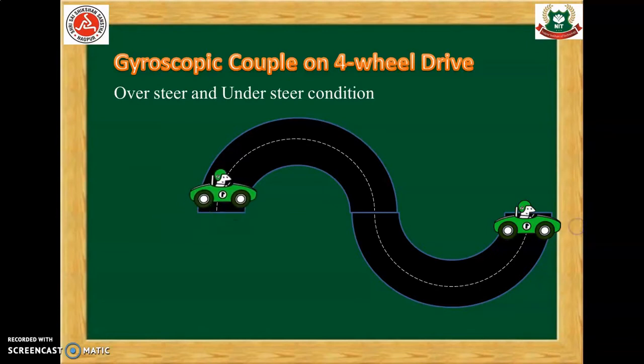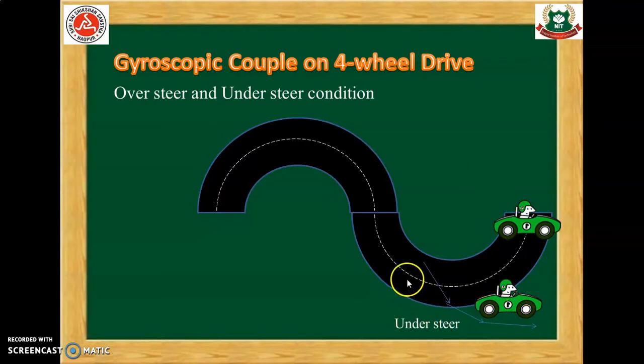If you are driving a vehicle, it may be possible that during a turn, for example if you are taking a left turn or a right turn, your vehicle goes out of the road. In that condition, you can see here you are going to take a left turn along this path. But you can see here you are not able to take the turn on this smooth path. By mistake, you have driven your vehicle out of the road on the right hand side.